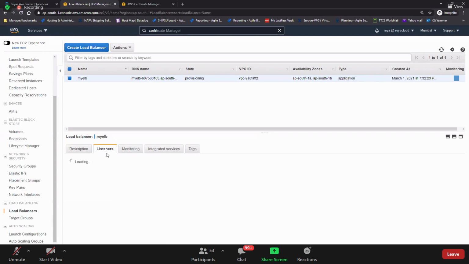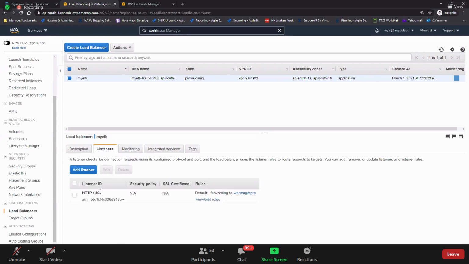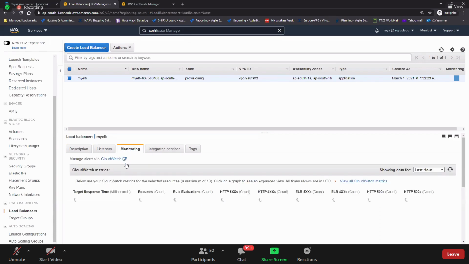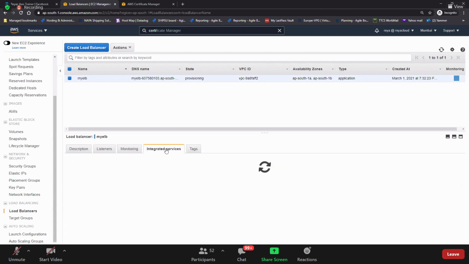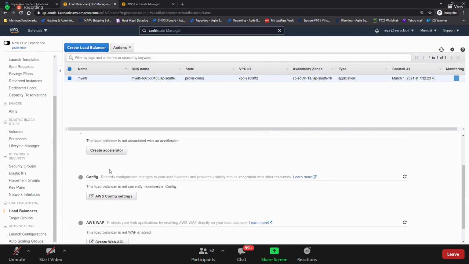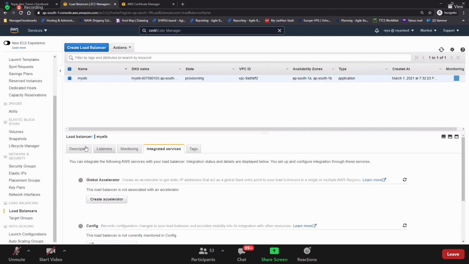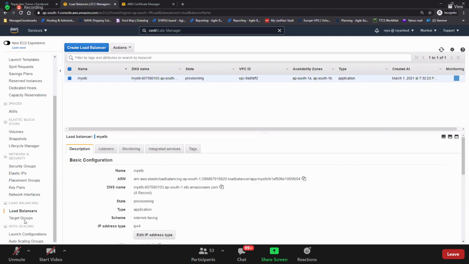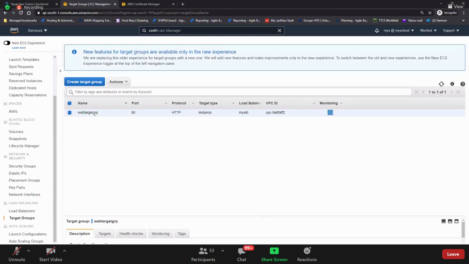So listeners, guys, we have 80. If you have HTTPS, you can go and add the listeners here. And monitoring, if you want to have a global accelerator or not, you have it. But do you see the target groups at the bottom? The target group is automatically created.